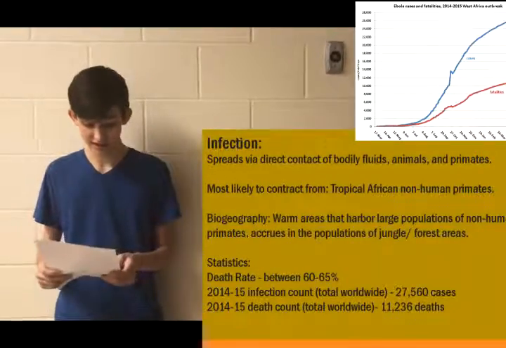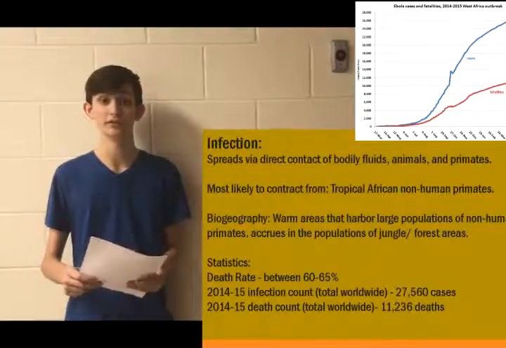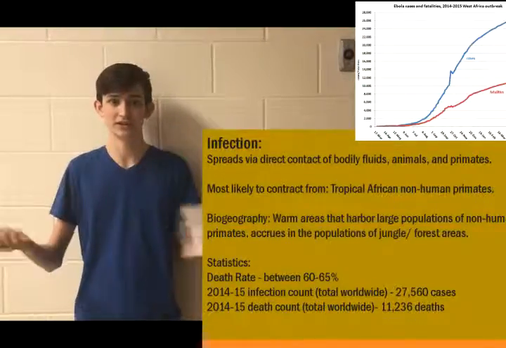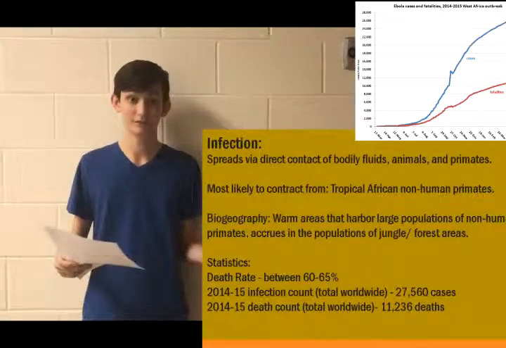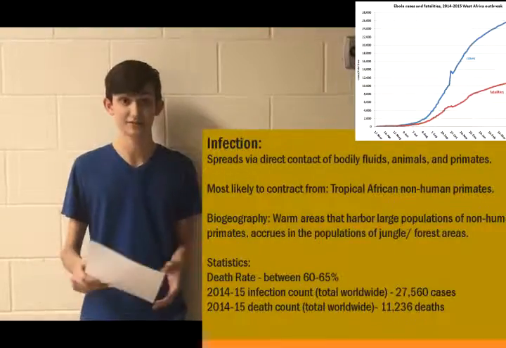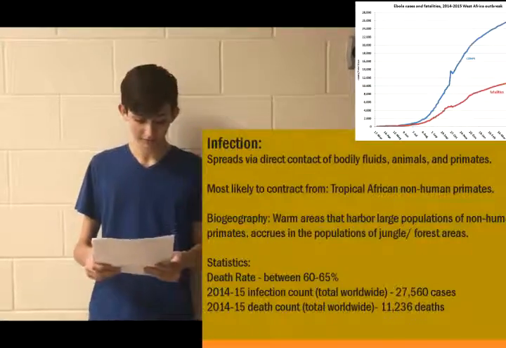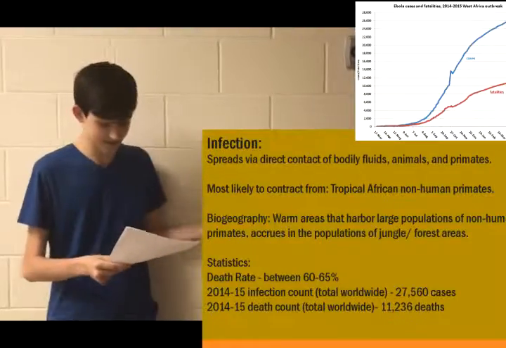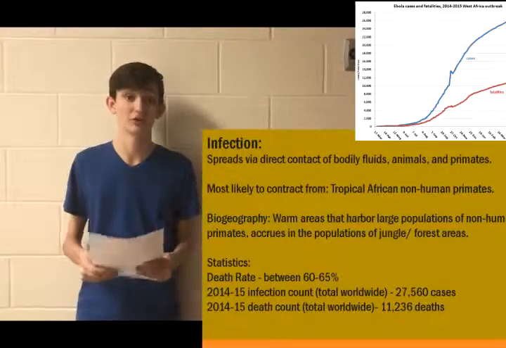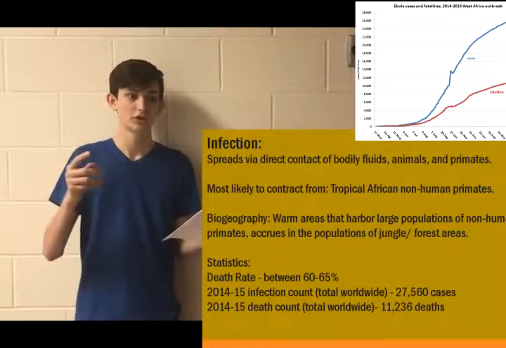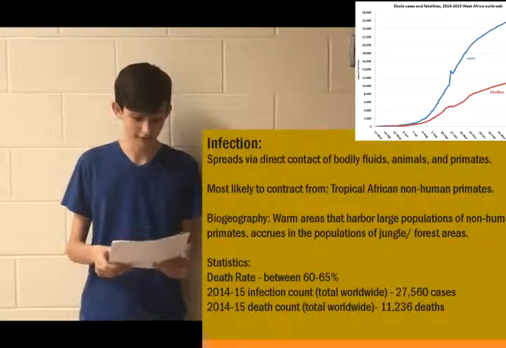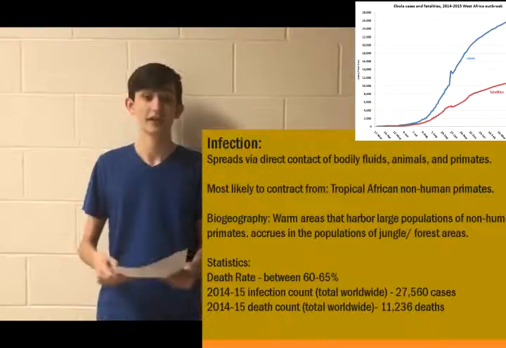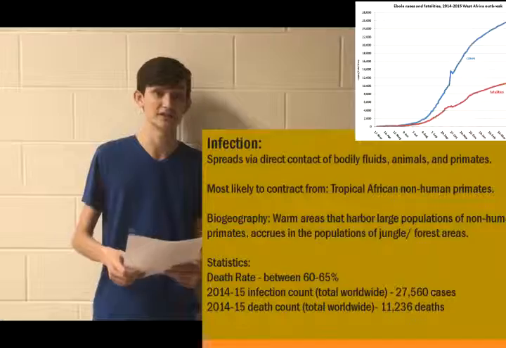Now, some of the statistics have actually improved over the years. A few years ago, there was a 90% to 95% death rate, and now it has dropped drastically to a 60 to 65% death rate. In the 2014 to 2015 infection count, as you can see here, there have been over 27,500 cases confirmed, and out of those 27,000 cases, there have been 11,226 deaths